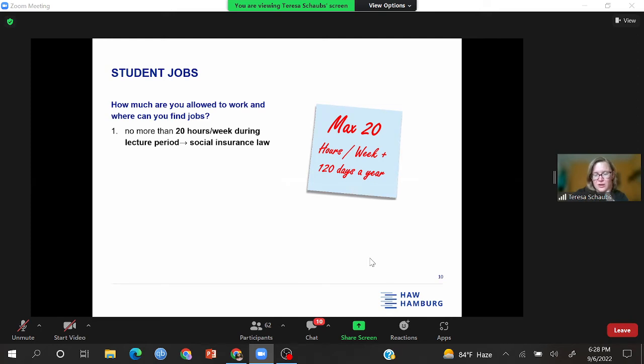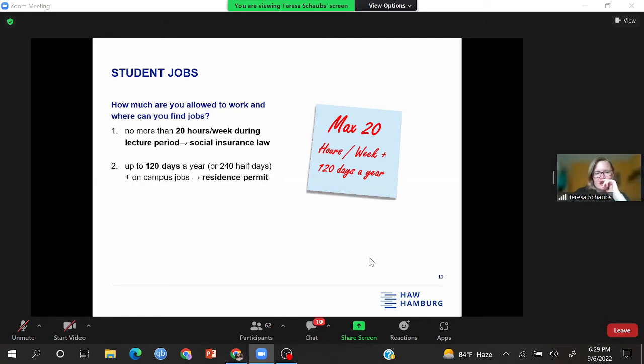Okay, and if they work more, they're not covered anymore by the student health insurance. So they need to have an insurance by their employer. That's the difference. But usually you should try to focus on jobs that are not more than 20 hours per week, because you're here to study.